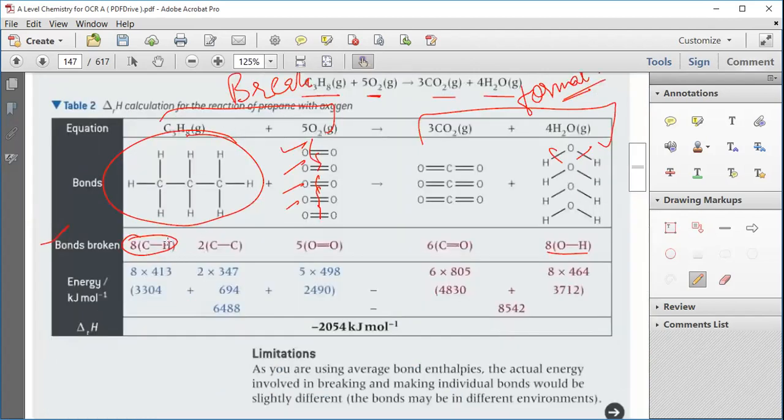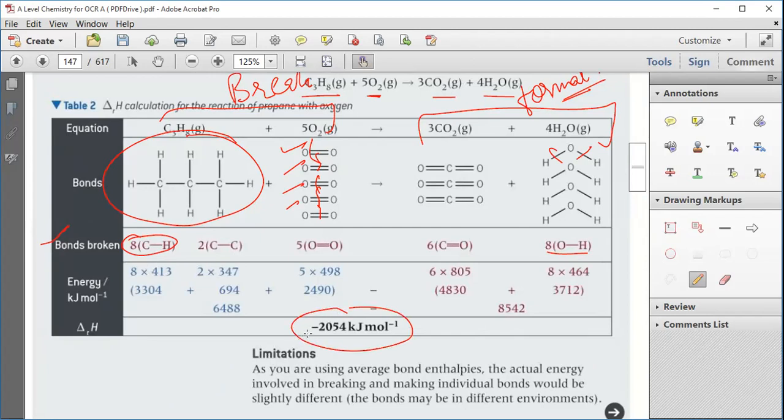If I now have an equation, do I have to draw the bonds first? Yes, you have to draw them, otherwise you can't find out. That will be difficult to do. Now for the rest, you have to put in the values of the C-H bonds and then multiply and divide, and you will get your answer.